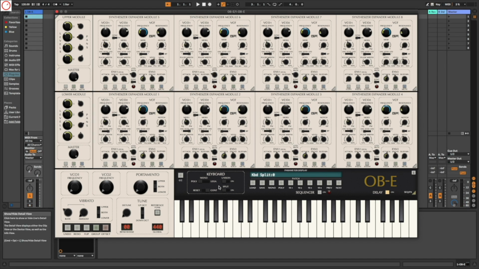Another powerful and creative functionality is the split function. It splits the voices into two sections. You have the upper module section and the lower module section. And as you can see here, you have on the left side the upper module, and